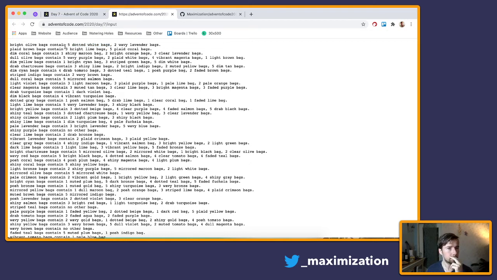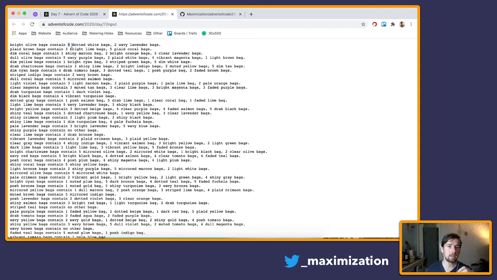So my thought process is like this. I get a bunch of input. What I will do is go through each line in the input, which is going to be a unique bag color, and figure out whether the shiny gold bag can fit in that bag or any of the children bags,